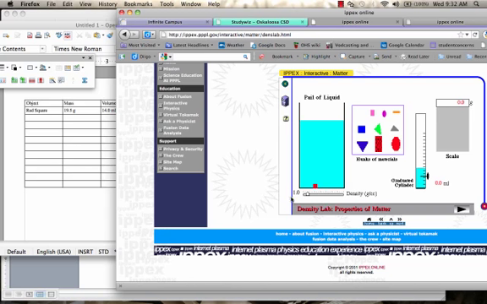Now if you notice down here, it tells you the density of your liquid. This would be water because the density is set at 1. You want to leave that because we're comparing all of these to 1. So then you're just going to go ahead and do this with the rest of the materials that are listed in this box, and you can put them back and